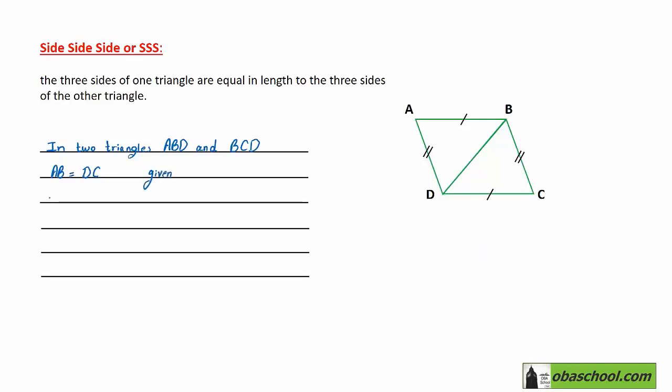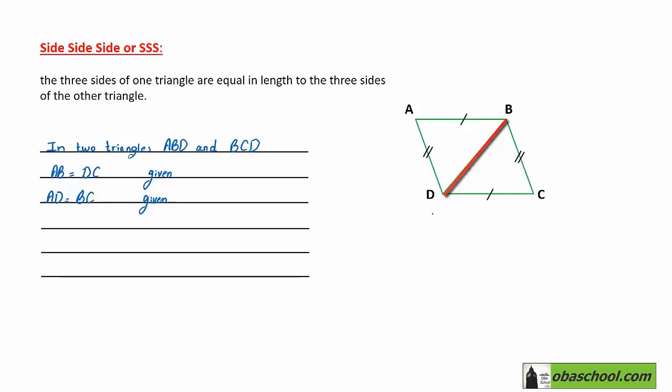Another pair is AD equal to BC, and that was also given. Now, we must find the third and final side. In such a case, we're talking about BD, and it is located right here as a common side between both